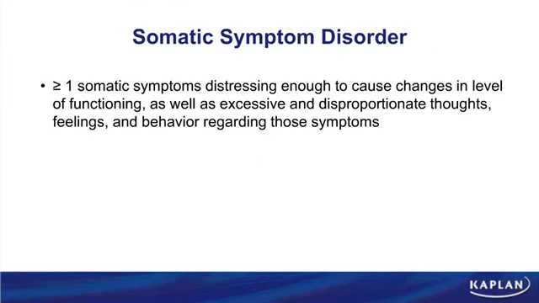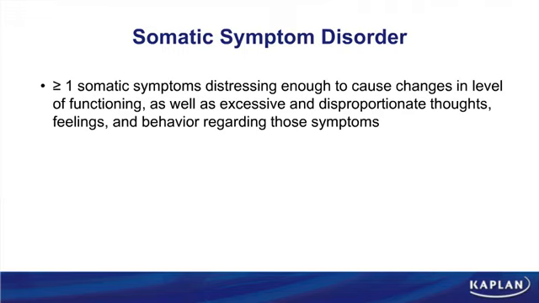Somatic symptom disorder is the new name for what was formerly called somatoform disorders. These are the disorders where patients are exhibiting symptoms mostly due to psychological reasons. Somatic symptom disorder is one of these disorders. This is what used to be called somatization disorder. And if you remember from DSM-4, this is where you needed to have 8 or more symptoms, 4 pain, 2 GI, 1 sexual, and 1 pseudoneurological. Well, all of that stuff is gone.